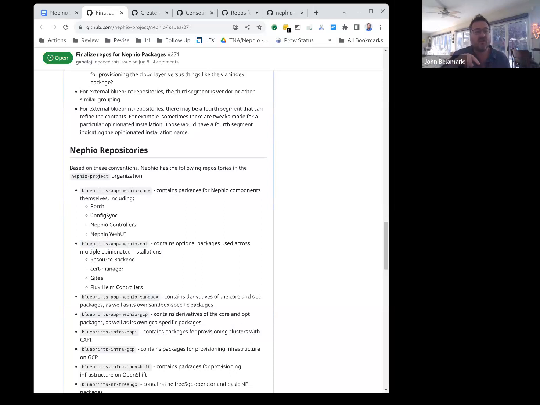But in order to target them with all of our Kubernetes package variants and all that stuff, repository is the targeting structure. The reason I'm asking is, from an organization point of view, every time you have something new, you have to create a new repo, which is the overhead is huge.